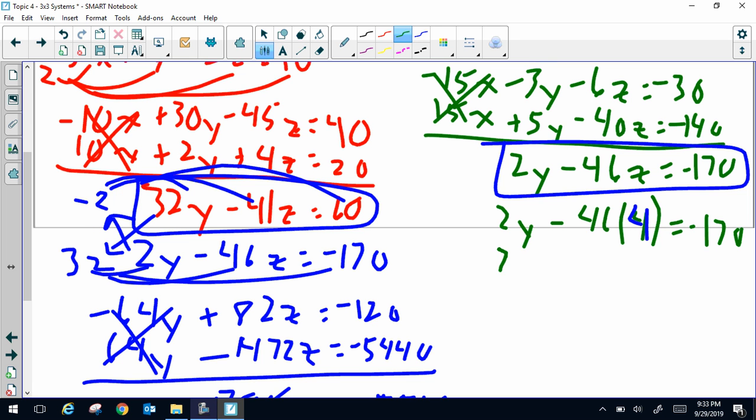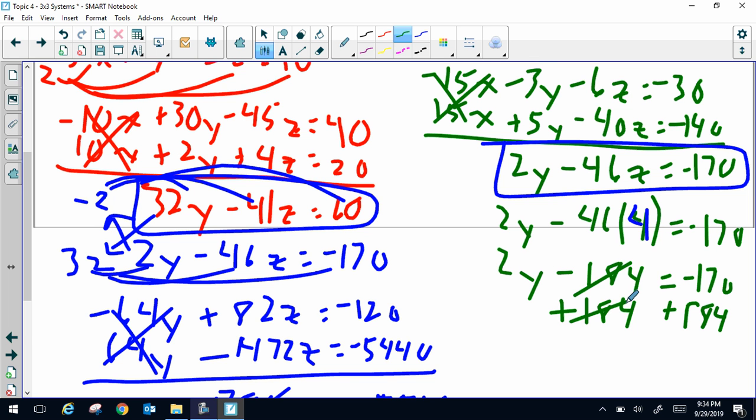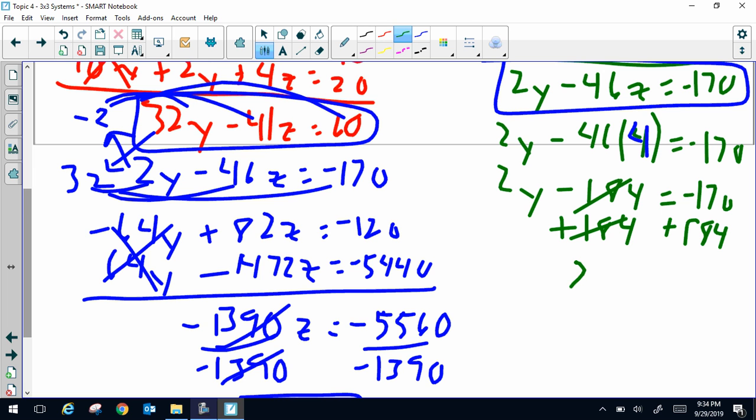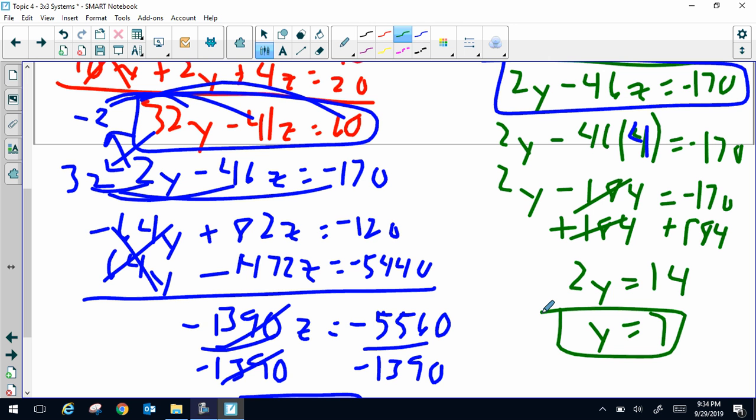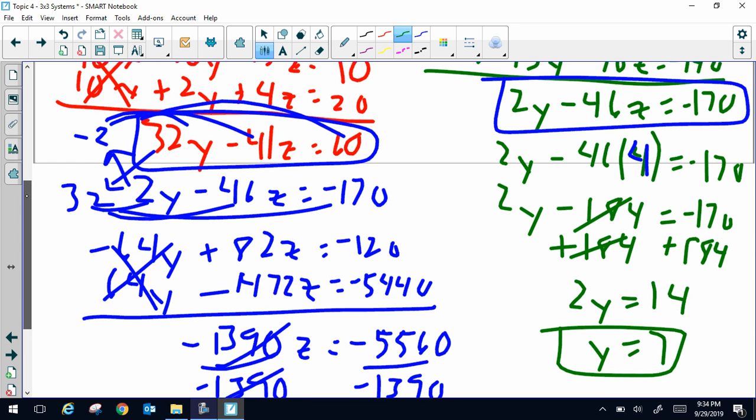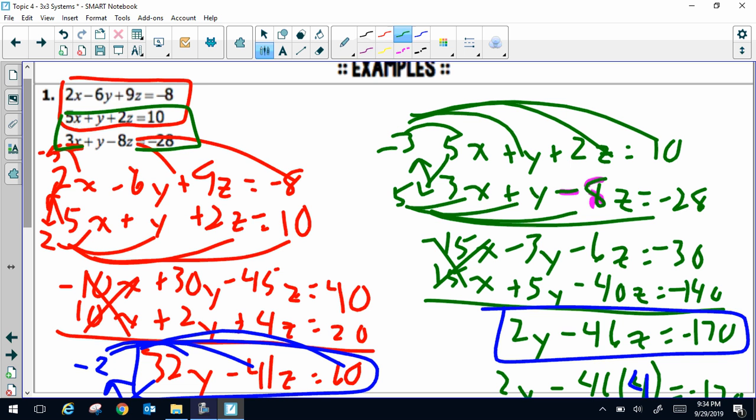Okay, so 2y minus, 46 times 4 is negative 184. And then we add that 184 to both sides. So you get 2y is equal to 14. So you go ahead and get y is equal to 7. Then you got to choose one of your original equations all the way at the top to get your x. So I always just choose the first one,